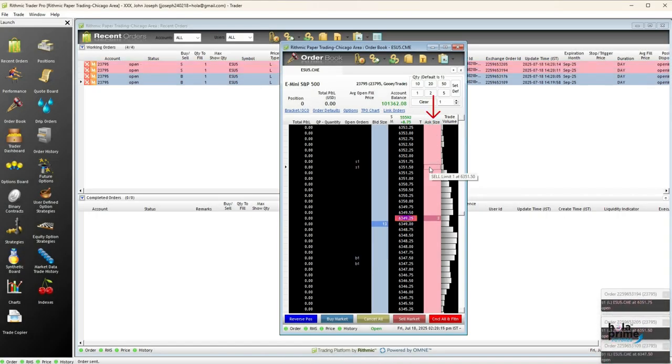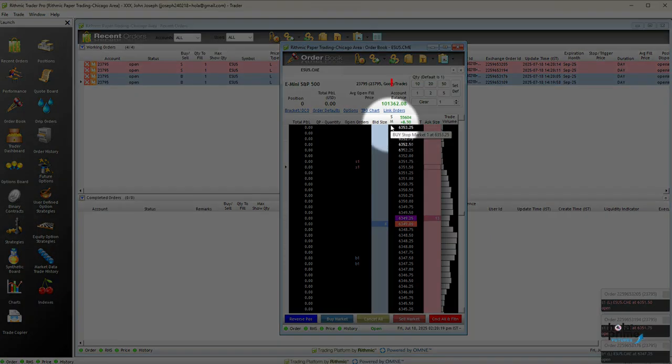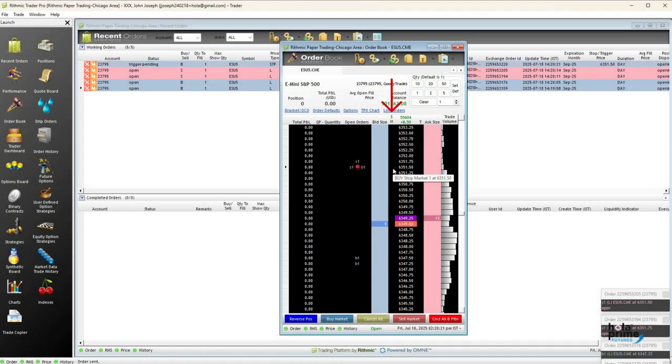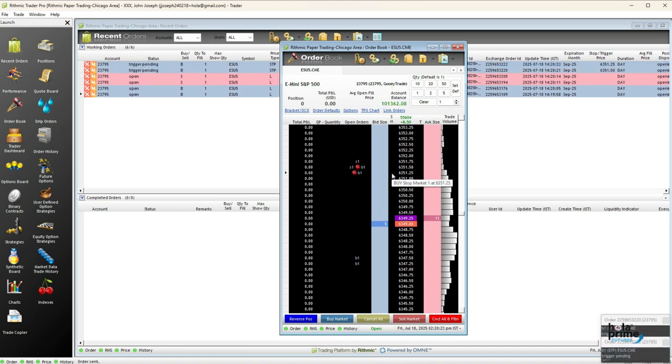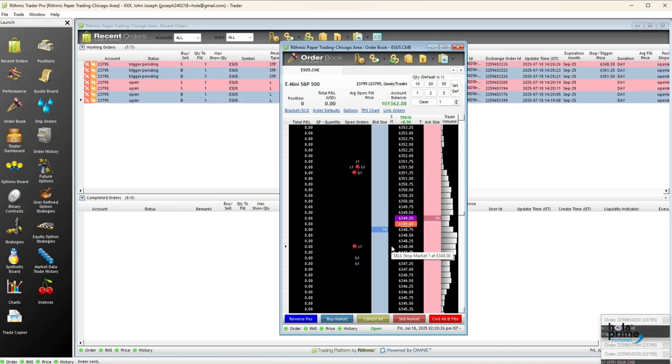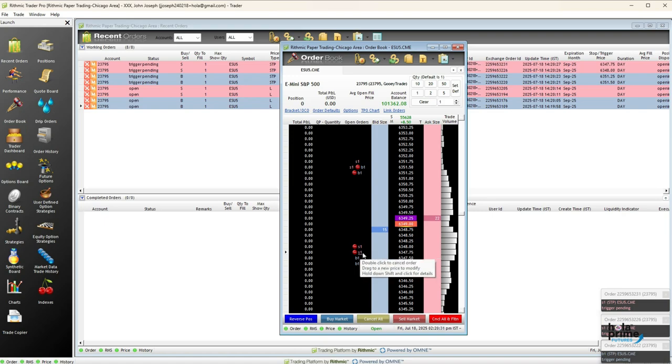Next, let's place some stop orders. For buy stop orders, click in the column titled SM above the market price. For sell stop orders, click in the same column below the market price. The number next to each B and S indicates the total quantity open at this price, across all orders for